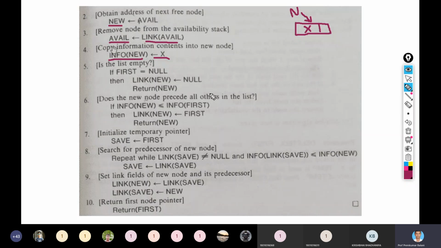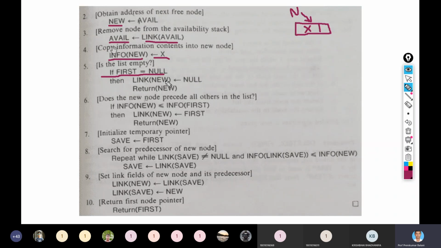Now next you have to check if the list is empty. How to check whether the list is empty or not? By looking at the first pointer. If first is equal to null, that means our list is empty, right?